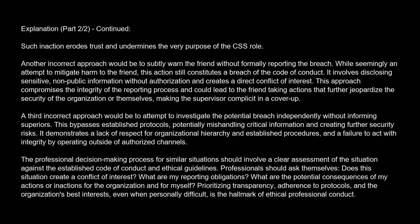conduct and ethical guidelines. Professionals should ask themselves, does this situation create a conflict of interest? What are my reporting obligations? What are the potential consequences of my actions or inactions for the organization and for myself? Prioritizing transparency, adherence to protocols, and the organization's best interests, even when personally difficult, is the hallmark of ethical professional